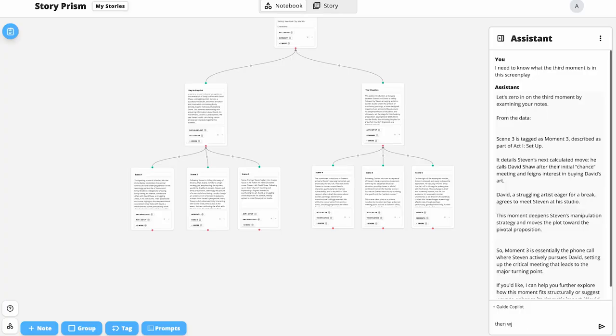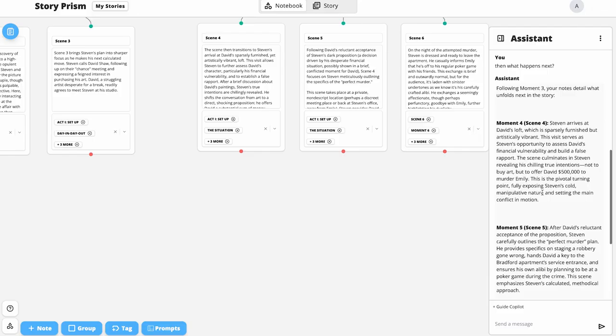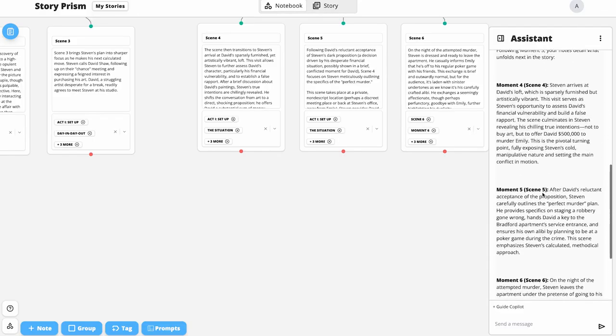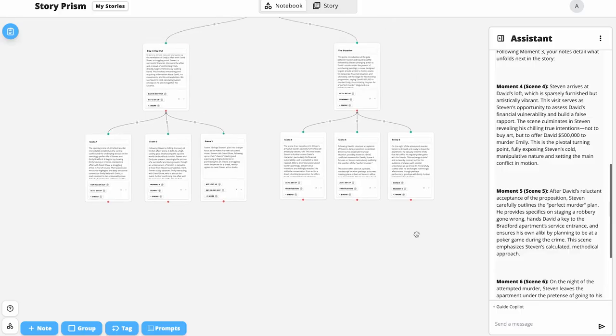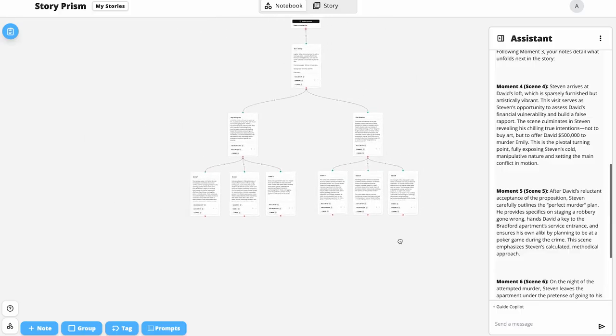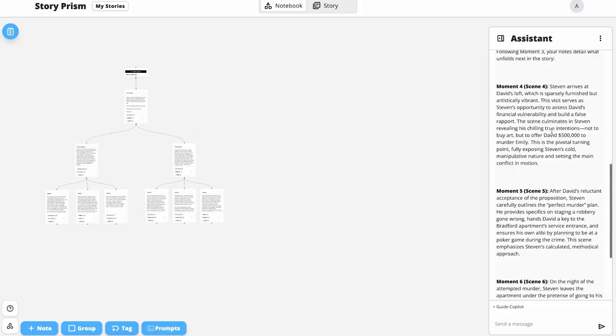Then what happens next? Oh, cool. And then it gives you the rest. So yeah, scene 4, scene 5, scene 6. So that's really powerful and that's really cool. So you can imagine like you set up your entire plot structure and now you can go back and query information. And you can also do stuff like,